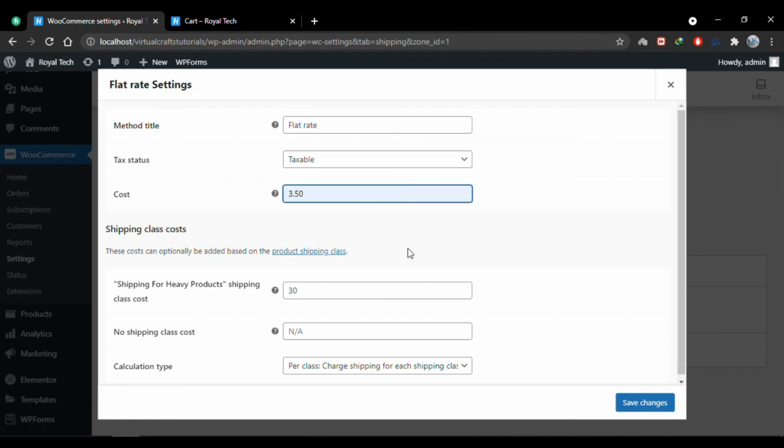Shipping classes are created for heavy products. Let's say you have an auto store and you're selling cars, and when someone purchases a car from your store you may have to ship it to another country, and shipping this kind of large product requires additional shipping cost, and that will be assigned here. For example, for a car it may be $200. I'll click Save Changes.